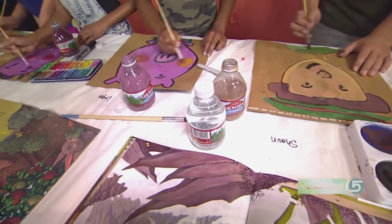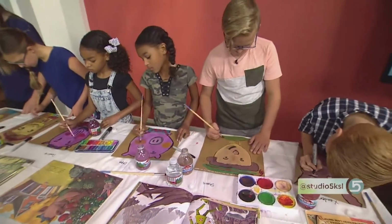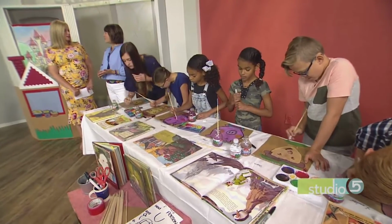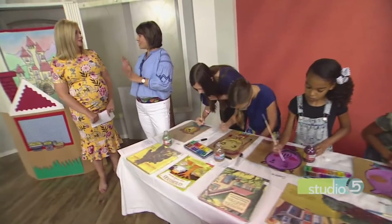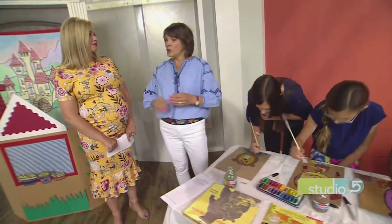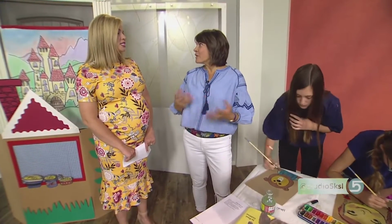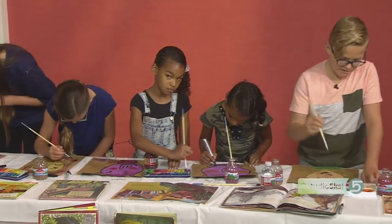So this is great. Any other takeaway tips, Laurie, for moms to make this really what we want it to be, imaginative and creative and explorative for their little minds? I think it's really important to read a story to get the imagination flowing. Set the tone. Set the tone. And then just brainstorm. If we're going to do the three pigs, who are our characters? Do we need to add anything to the house? Could we make something else to stick on our puppet stage? Who's going to be what? Then you have a lot of planning and problem solving, and that's really great. And then let them be creative, create their puppet, cut it out, and then just sit back and watch the